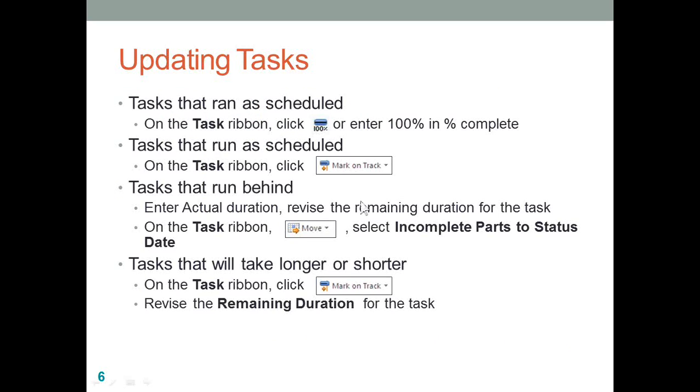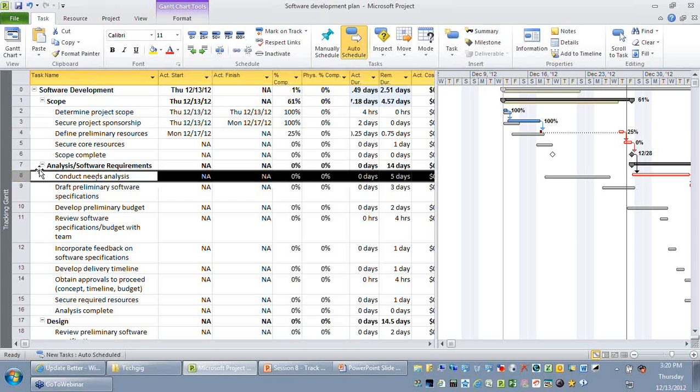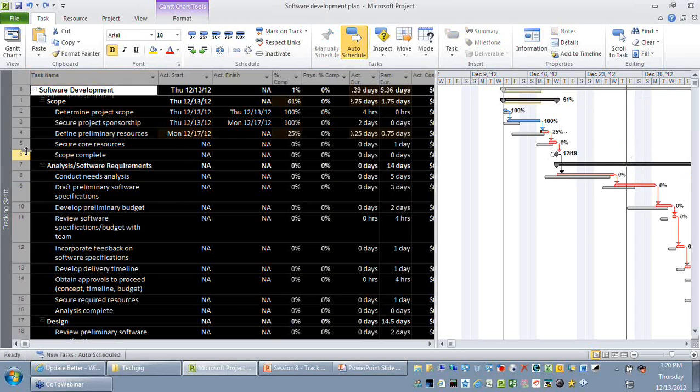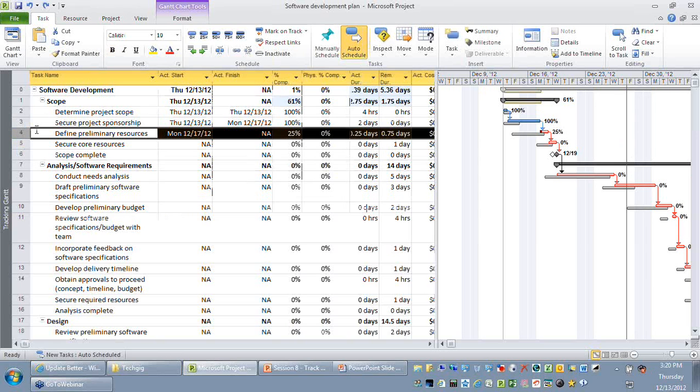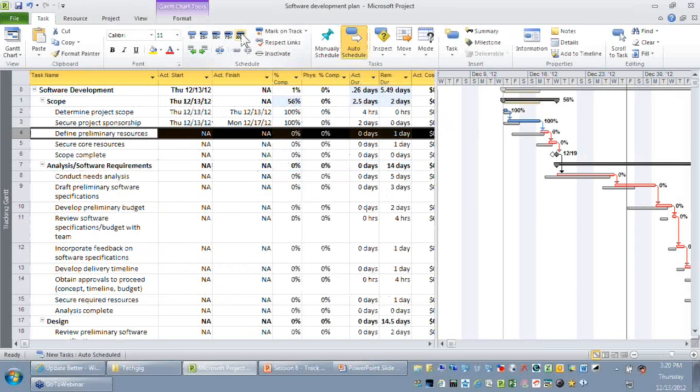The fourth scenario is there are certain activities that are running as per plan, but took longer or shorter to complete. So for example, we have an activity, let's say conduct need analysis. This activity is progressing as per your current plan. Okay, so we are just taking the same example. So let's say this activity got completed as per the original plan, and we say this task is 100% complete.